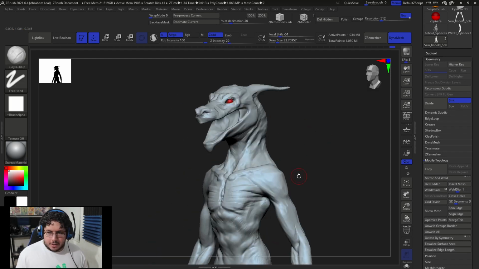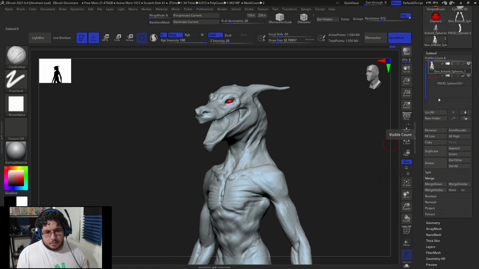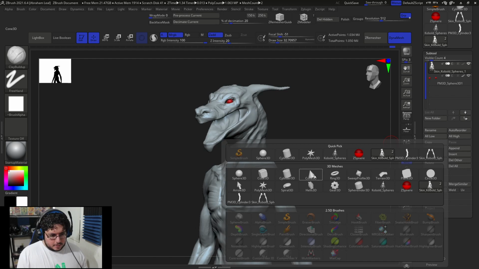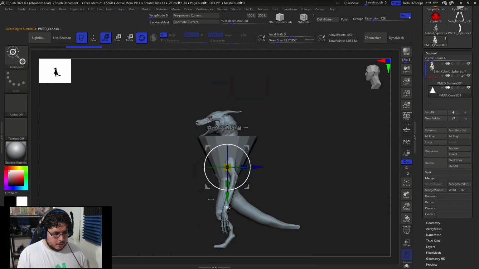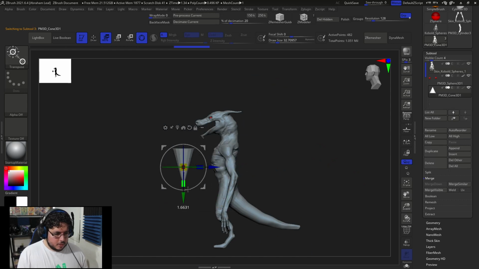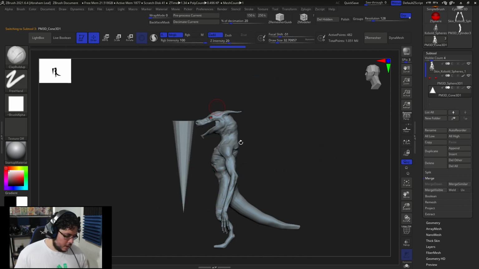There we go. Let's add the fangs. So I'm gonna add the main fangs first. I'm gonna go subtool, append. Let's do a cone. I'm gonna rotate the cone around, make it smaller, make it taller, and then with my move brush and symmetry turned on,